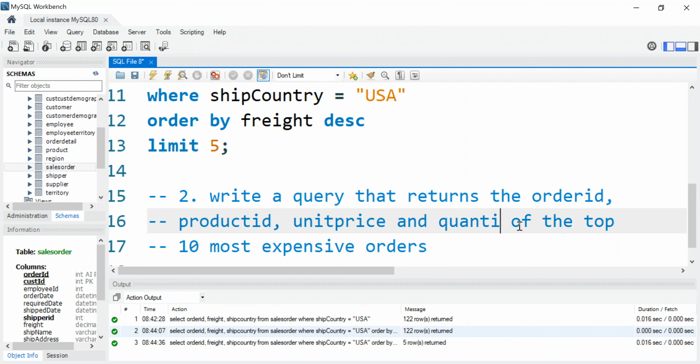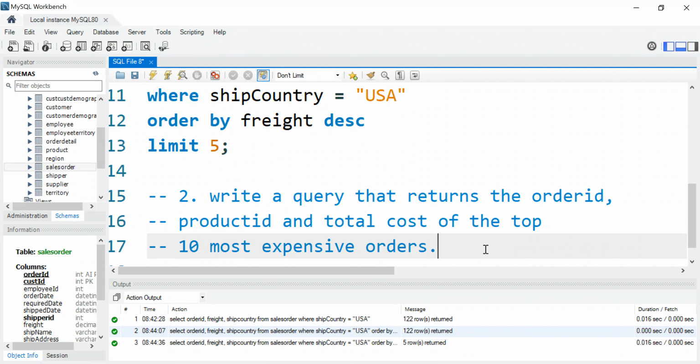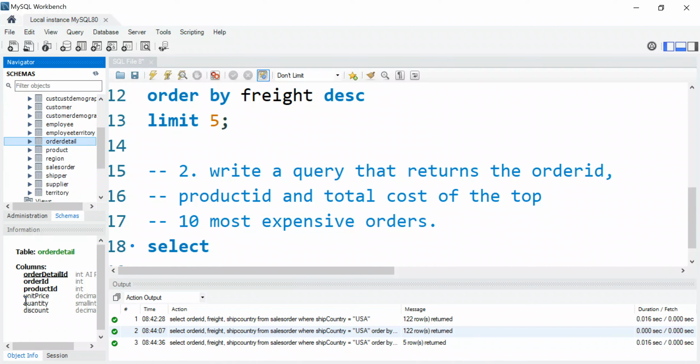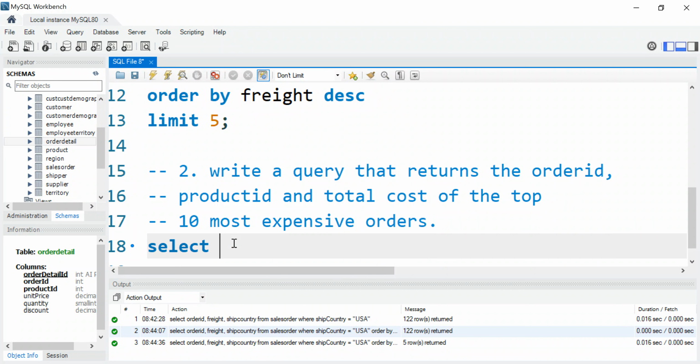Okay, instead of doing unit price and quantity and total cost of the top 10 most expensive orders, how does that work? We're going to say select. You're probably going to get that from the order details table. In the order details table, we have order ID, product ID, unit price and quantity. So we say select order ID, product ID,